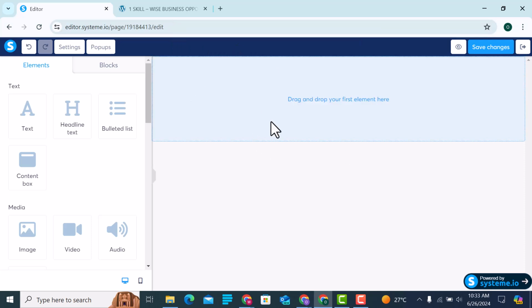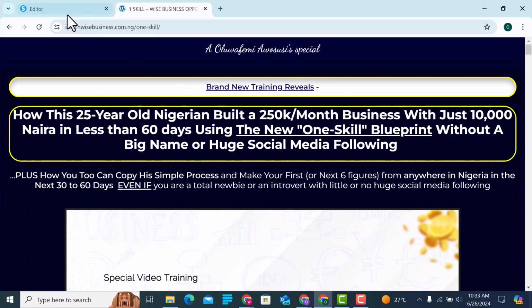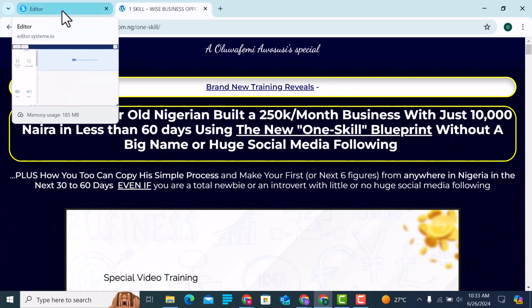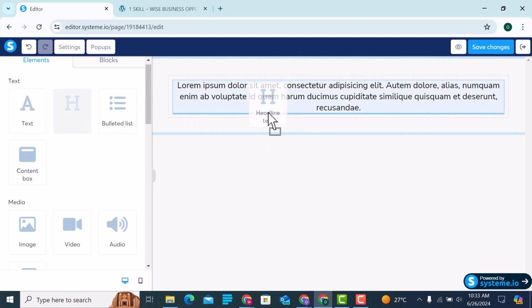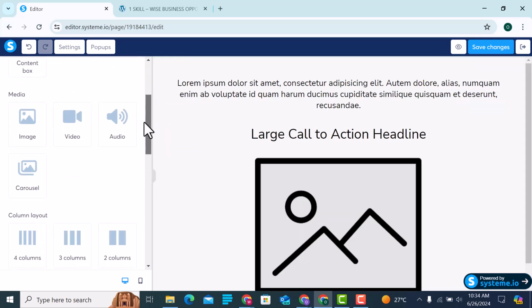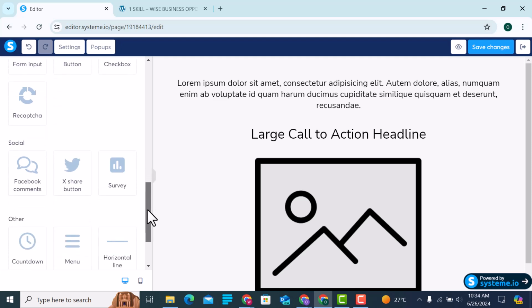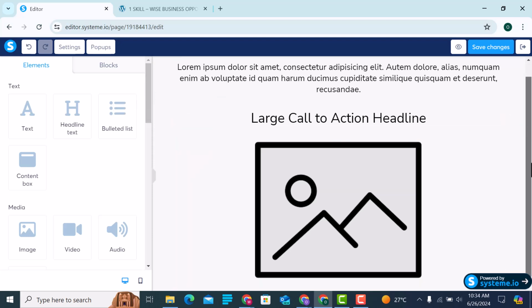No problem. So what I want to do is, first I want to put in the blocks that I will use. So I click on this, drag in the elements here. I want to build something like this. So let's say I need a text, the headline text. I need an image, and I need a bullet point. There's a place for that. I need bulleted lists.